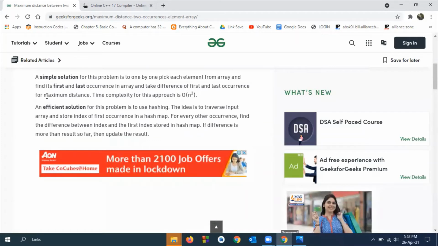There can be many ways to solve this question. The simple solution for this problem is to pick the elements one by one, find the first occurrence and the last occurrence in the array, and take the difference between them to calculate the maximum distance. But the time complexity for this approach will be O(n squared).